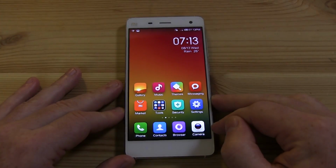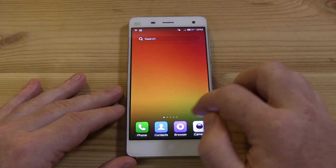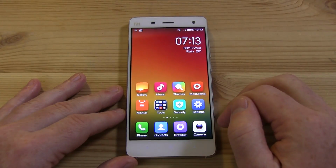Another thing you should bear in mind is that if you're buying this phone from China, it won't come with Google Play. You can install Google Play. There are a few workarounds out there. I've sideloaded most of the apps that I want to use here, but you'll find that on the Mi 3